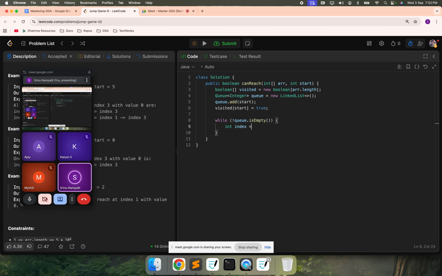So you can blindly move on to the queue. Index equals queue dot poll. If whatever index you visited, if array of index is equal to 0, definitely you can return true. Otherwise, we will see whether index minus the value within that index, array of index,